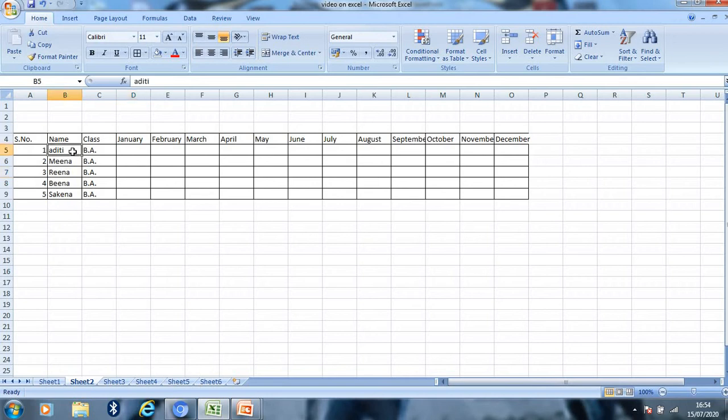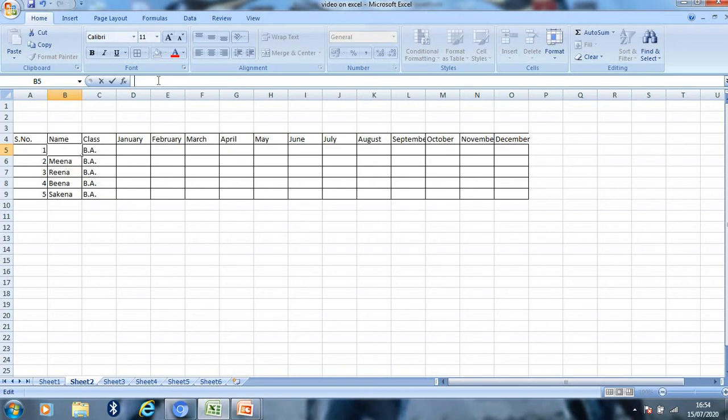Or simply I can select that cell. I have selected the cell B5 and now go to the formula bar, click on the formula bar and now you can edit the cell content using the formula bar. As I told you earlier, using the formula bar we can edit the cell contents.